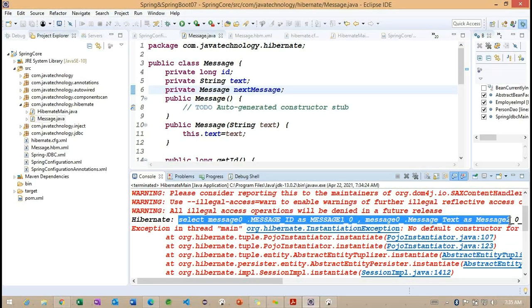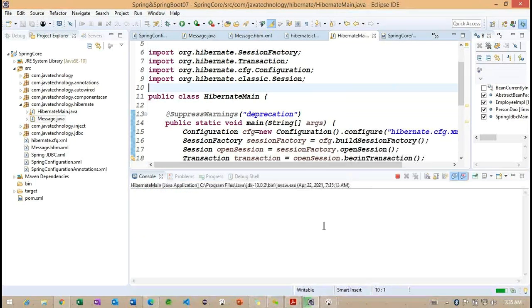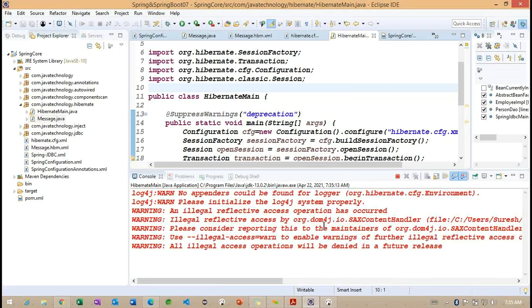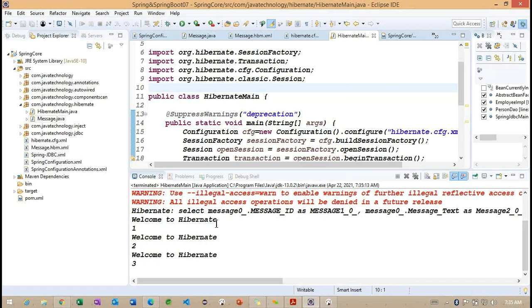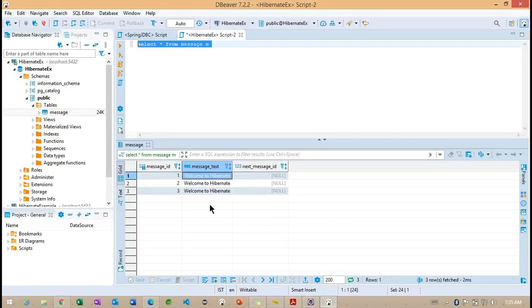Basically, you can see we are trying to see the select query. When we load an object from the database, we are going to write the select query. Let me run one more time. So now you can see, welcome to Hibernate. This is the text message, and we have ID 1, same way ID 2, and ID 3. Getting the point. So these are the three we specified, like we have three records in the database. All three we are going to load. So this is all about the simple one.